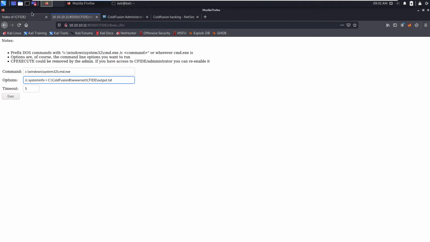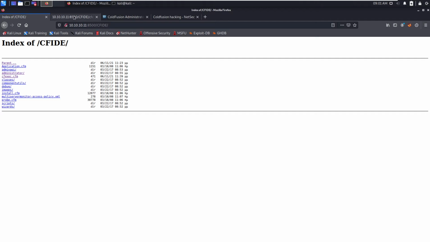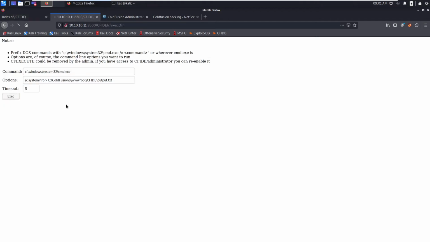This should do fine. The systeminfo output should get into this output.txt and it should reflect here. So let's execute this one.